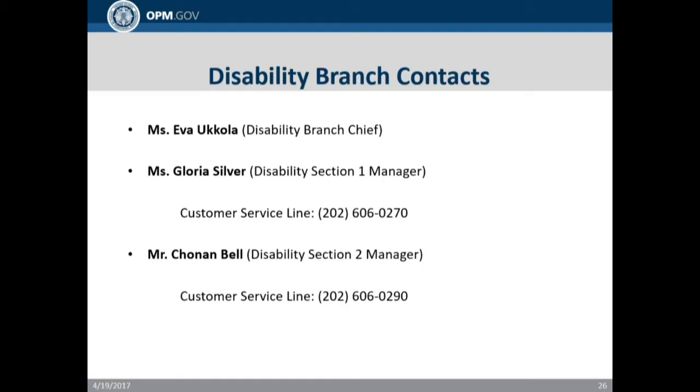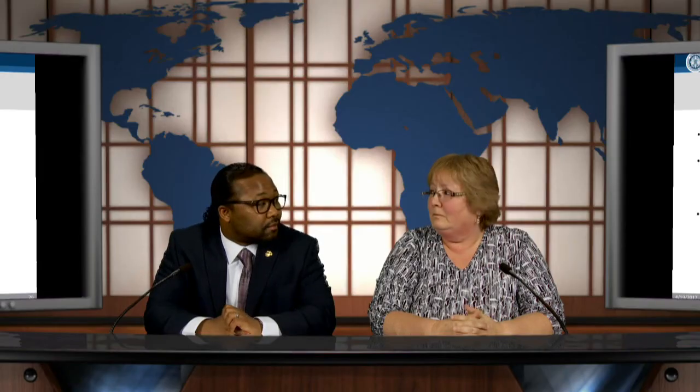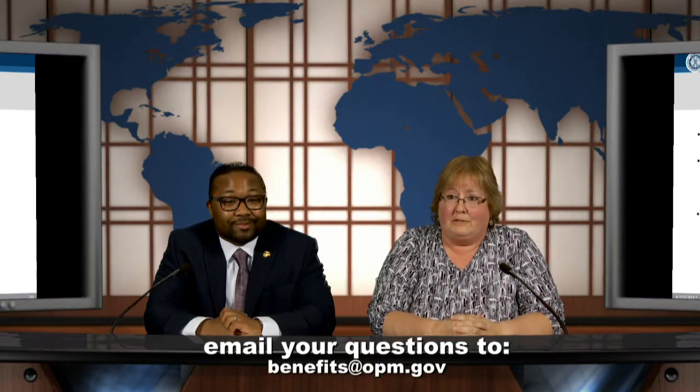Once all the specialists are finally hired, what is the OPM goal for approval timeline from receipt of package? We were told that you were understaffed and that is why it is taking so long, but we haven't been told the actual timeline goal and expectation. We would like to get it down to about 90 days.